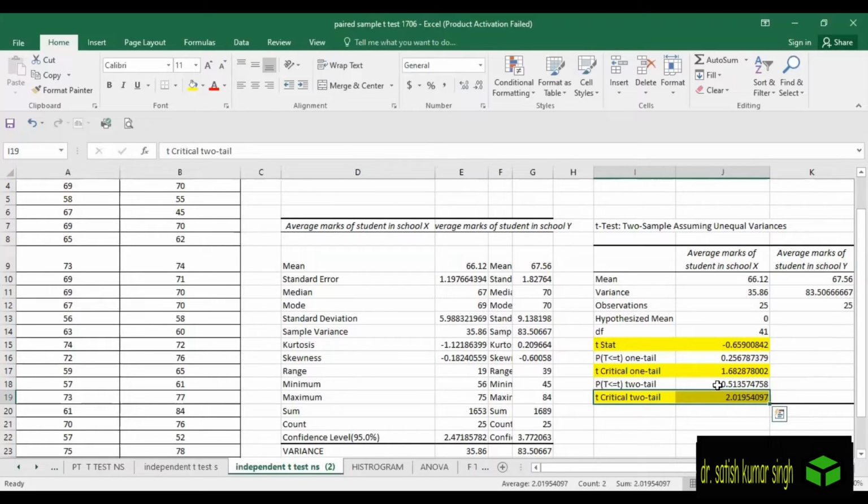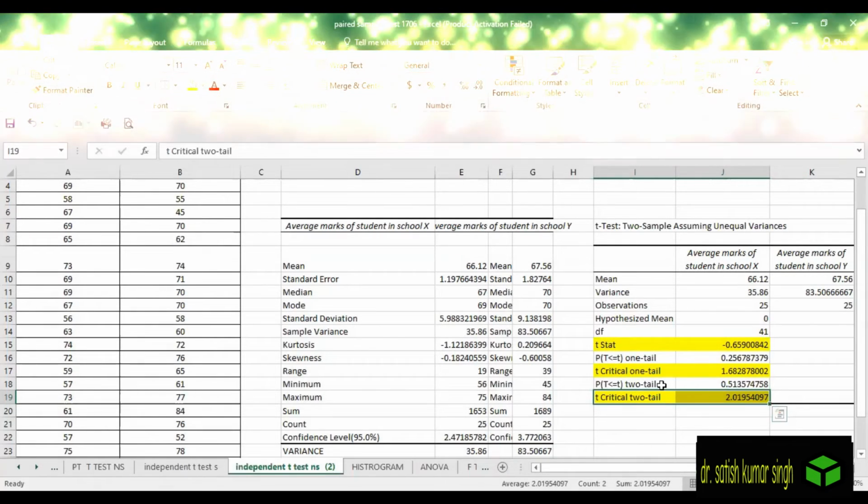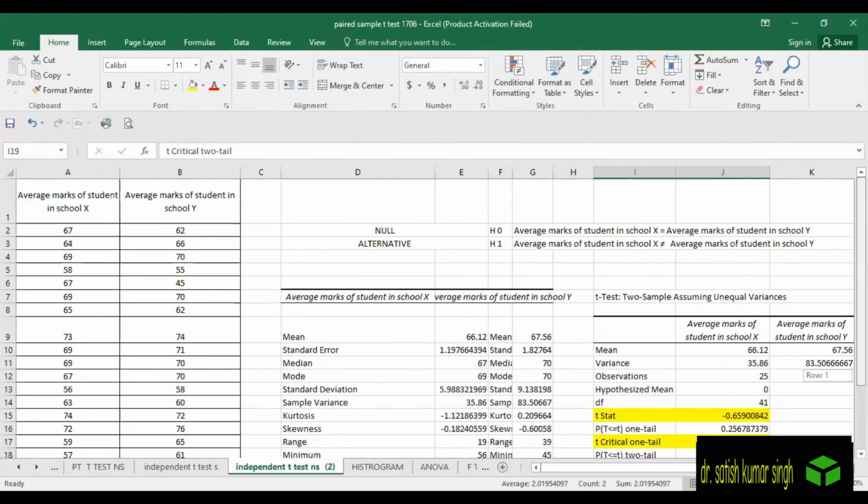It is 0.501, which is greater than 0.05. So we cannot reject the null hypothesis. I am repeating, we cannot reject the null hypothesis. Let's look at what our null hypothesis is.